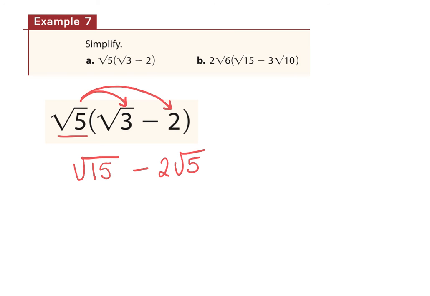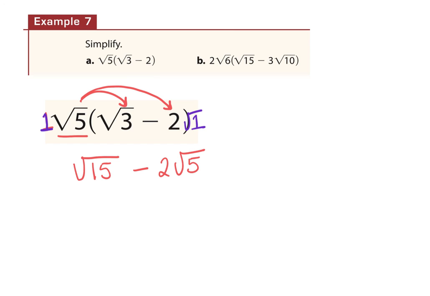Oh, so you cannot multiply outside to inside. So think of this as a 1 here. You can think of this as the square root of 1 for all I care. It doesn't matter. The only thing that could possibly be on the inside would be a 1, right? Square root of 1 is just 1. But when you're multiplying a whole number and a radical, they just go together. Whole number on the outside of the radical. This is my answer because